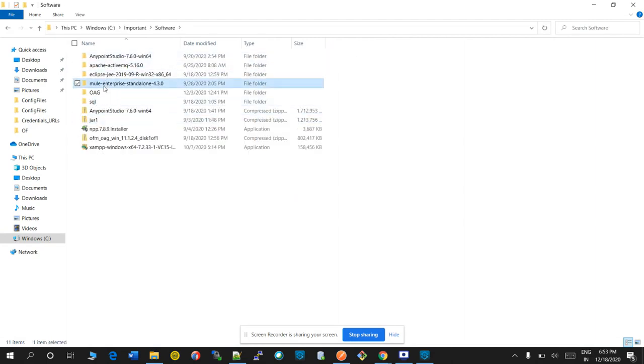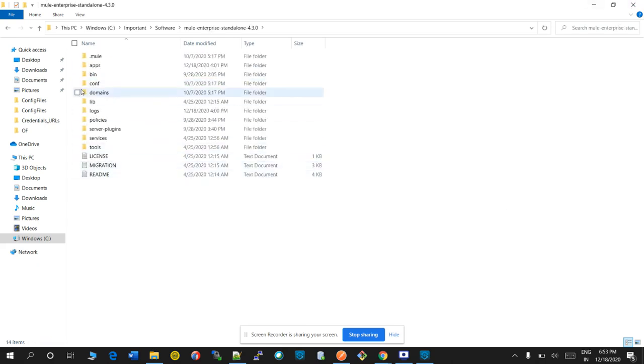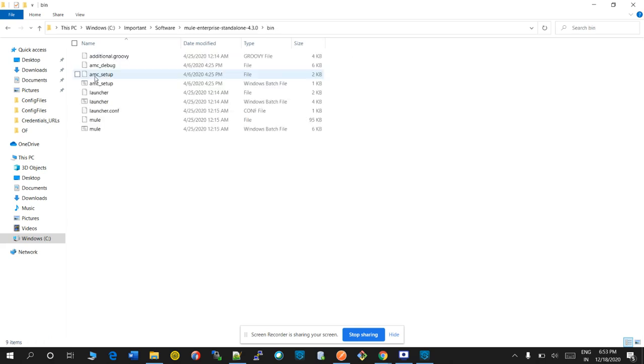This is the standalone platform. Here you can see the bin section. In the bin, there is a mule.bat file. If you click on this file, the standalone Mule server will be up and running.